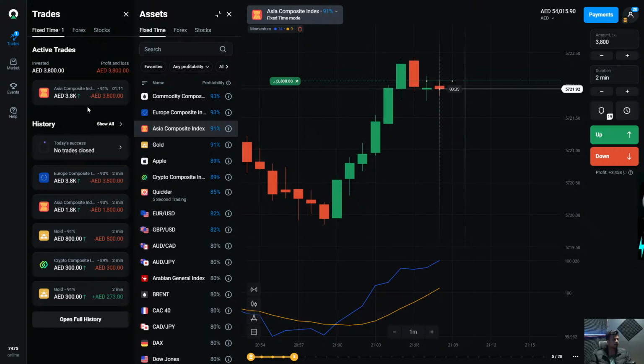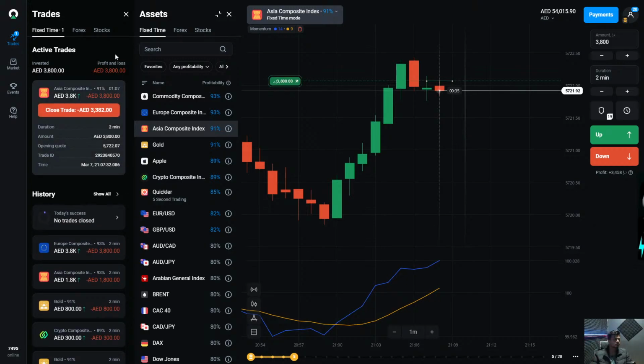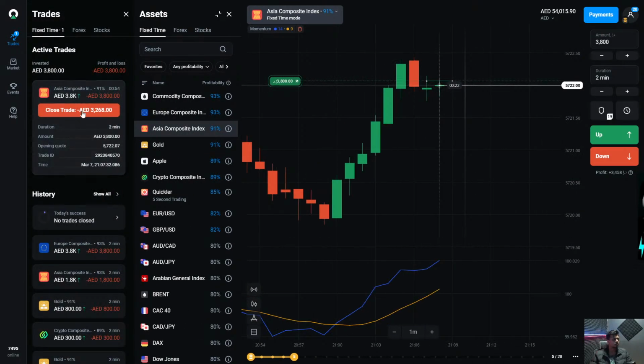So we can see the active trade here now. You can see as our remaining time is, we can check here. Let me click on the active trade and